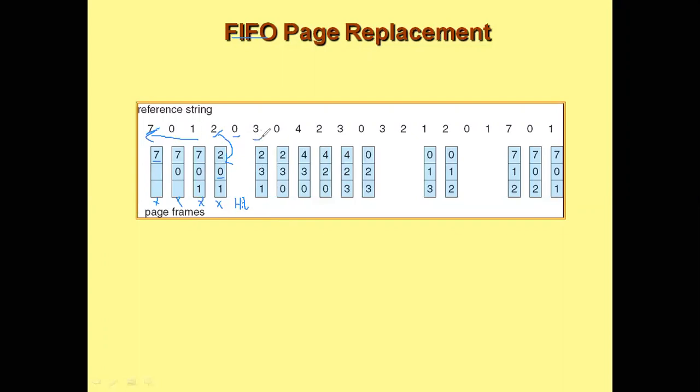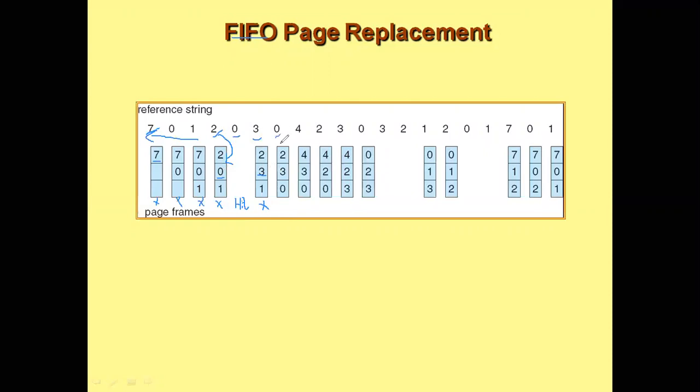Now coming to 3. 3 is not in the main memory, right? In 2, 0, 1, 3 is not there. So this is a page fault. Now you should be replacing some page here with 3. Which one to choose? Exclude the 0, guys. The one with a hit should not be considered. So 2 was recent, 1 was recent, and 0 was the oldest one. So 3 sits in the place of 0. So this is 2, 3, 1.